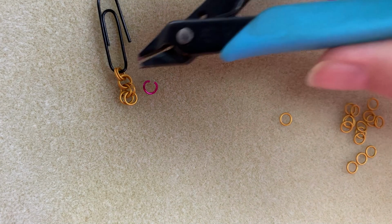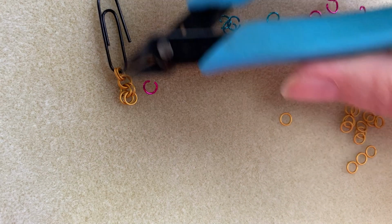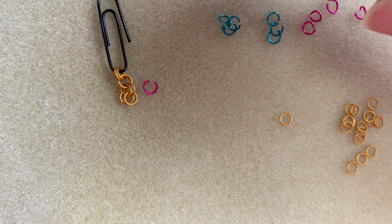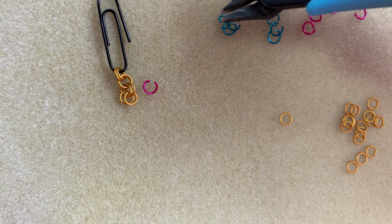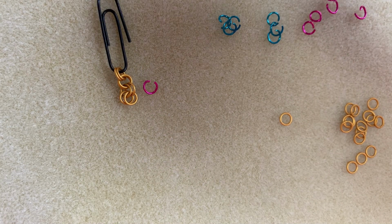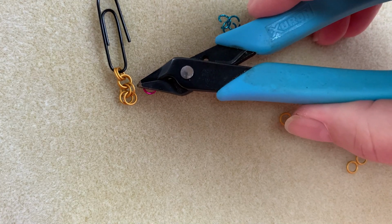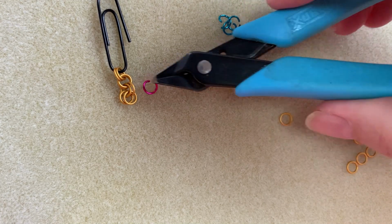So we've got matte gold going on the base row, and it's nice to have the matte and the shiny because they really pop off each other, but these are really vivid, bright colors. So that's gonna help you to see this. Okay, so the first thing I wanna do is I'm going to take this first pink ring and I'm gonna